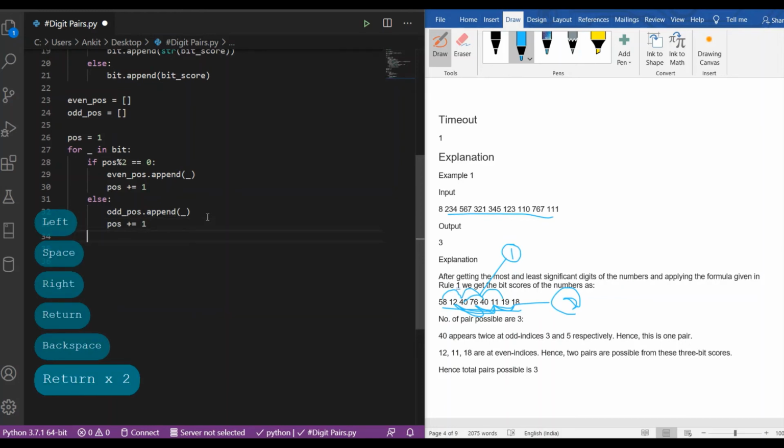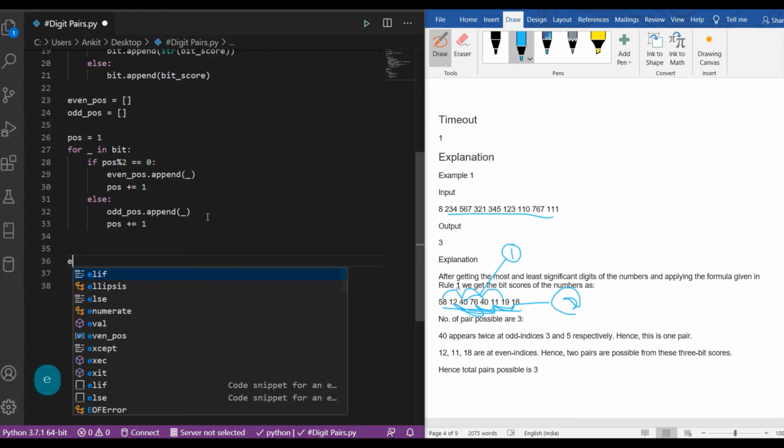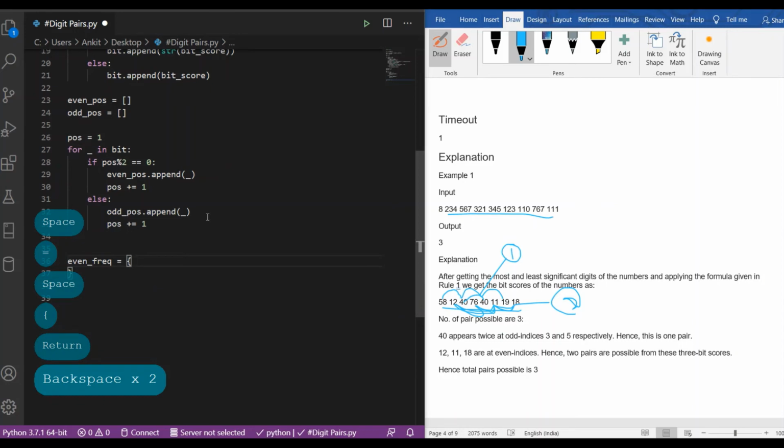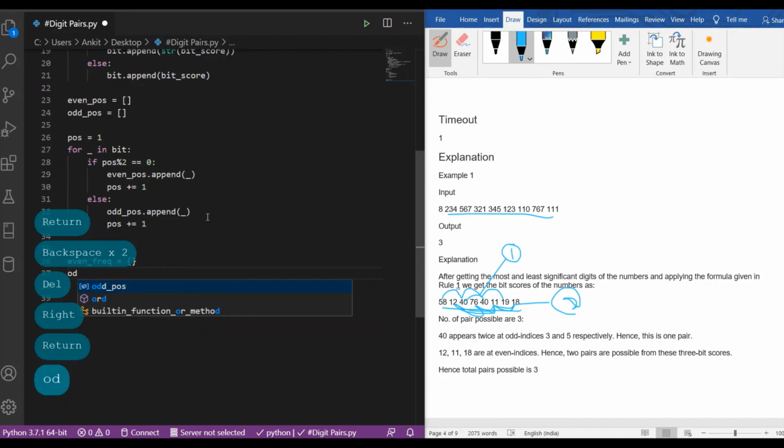We have to make the frequency counter for the most significant digits for the even position and the odd position, an even frequency counter and an odd frequency counter.